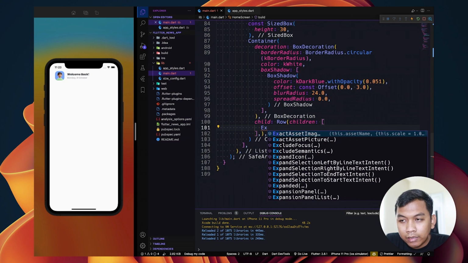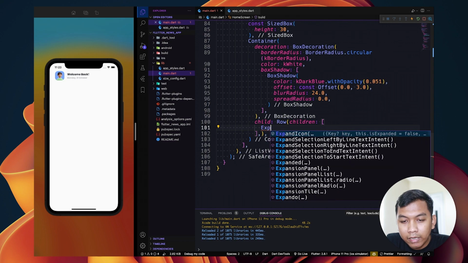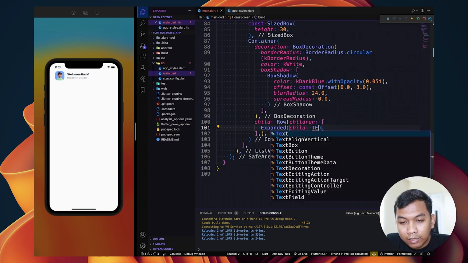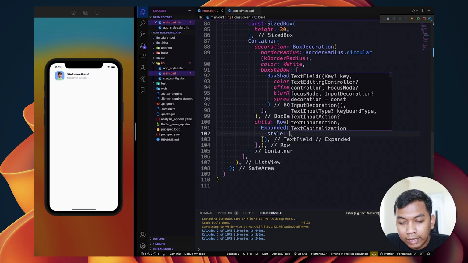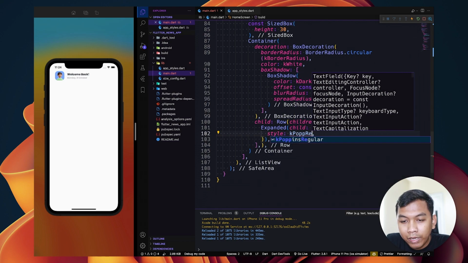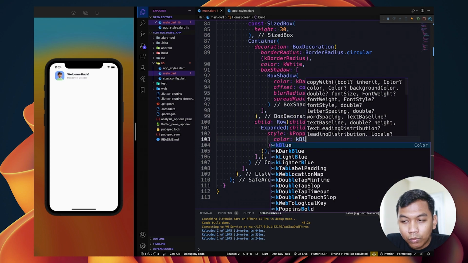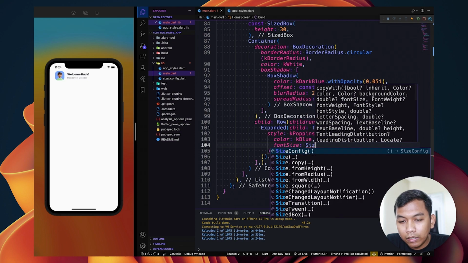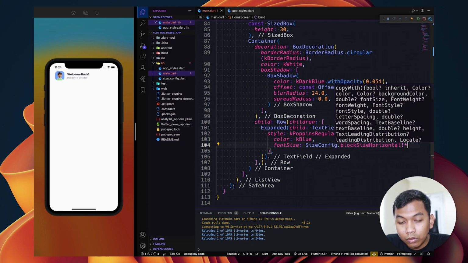And for the first children, what we say here, expanded. And inside this expanded, we can call text field. And inside this text field, we can say style using Poppins regular, change the styling to be blue, and the font size to be size config, and set it to 3.